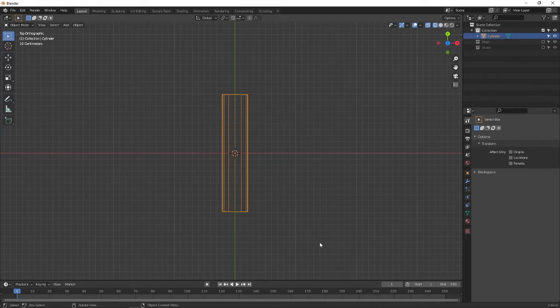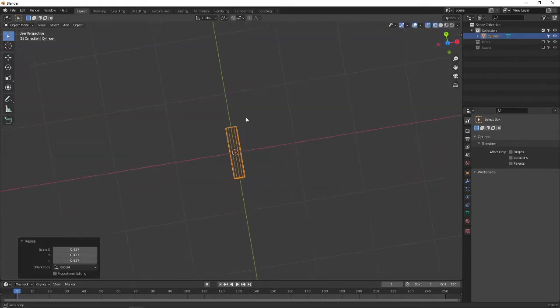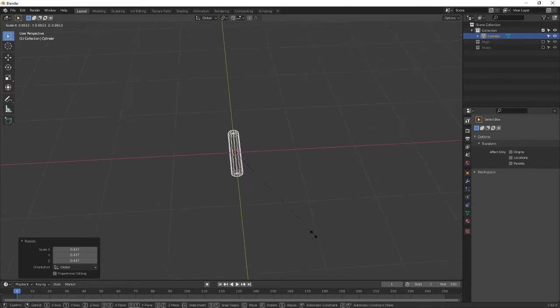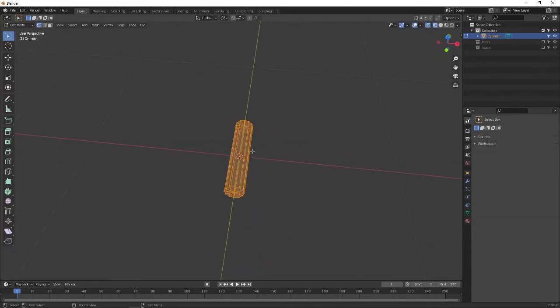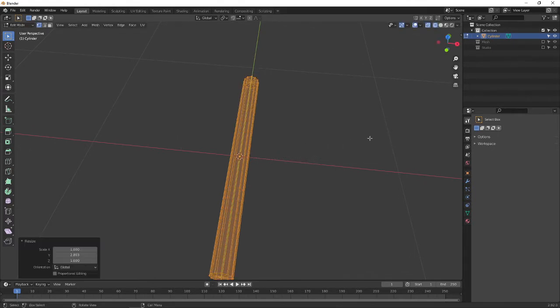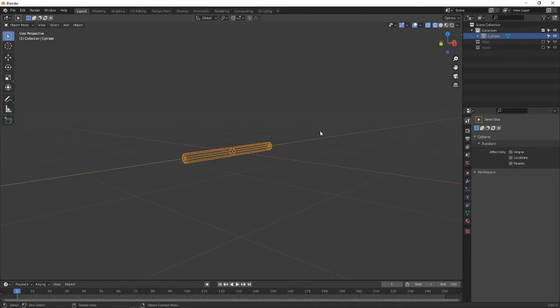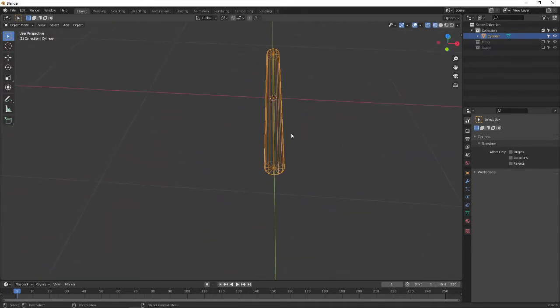Go to object mode, scale it down again, still more. Okay, go to edit mode, again scale it on the Y axis. Okay, we have created a pipe which we can load the bomb's required details onto.